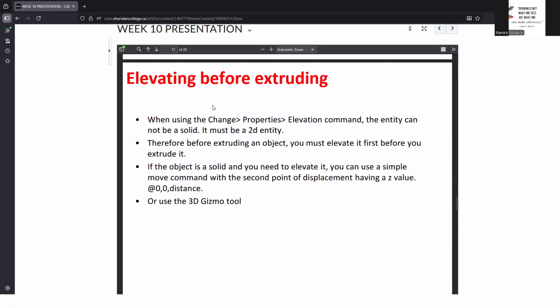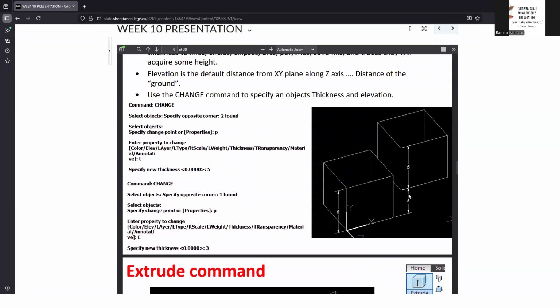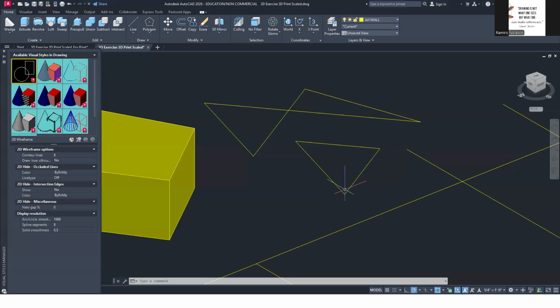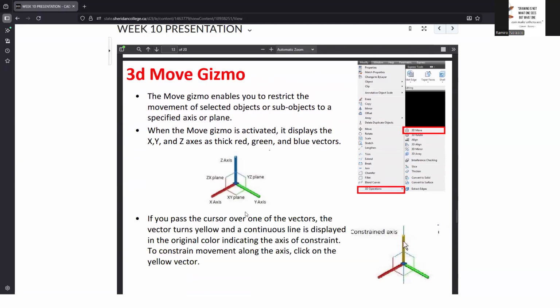So you can elevate before extruding. Like I said, you can change the elevation: change, and then ELEV. We talked about the 3D gizmo.